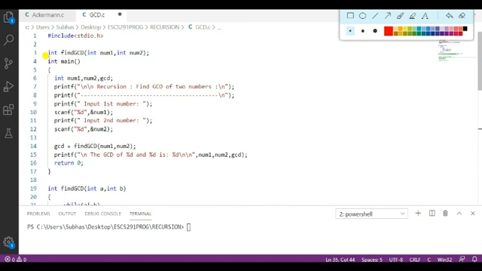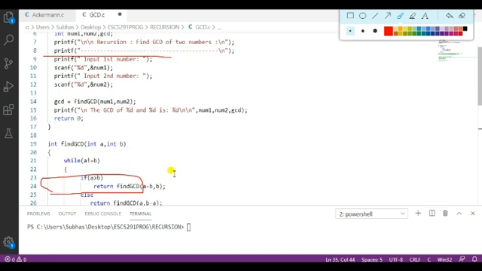In this example, this is my prototype of the function that I am going to declare, to inform the compiler that I am going to use that kind of user defined function. That's why it is my function prototype. And this is my recursive function find GCD, and this is my function call. When I call, I give the two inputs: one input is num1 and another input is num2.